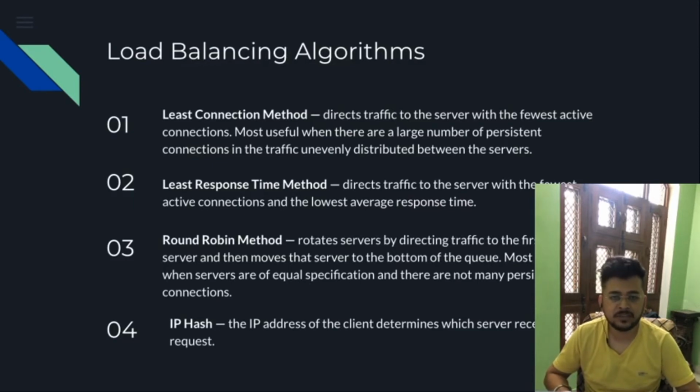For instance, let's say there were 3 requests and 3 servers, and all 3 servers are serving 1 request each. But let's say server 1 was able to complete the request in 1 second while the other 2 are still serving the request. The next request should go to server 1, because at this point in time the load on server 1 is 0.